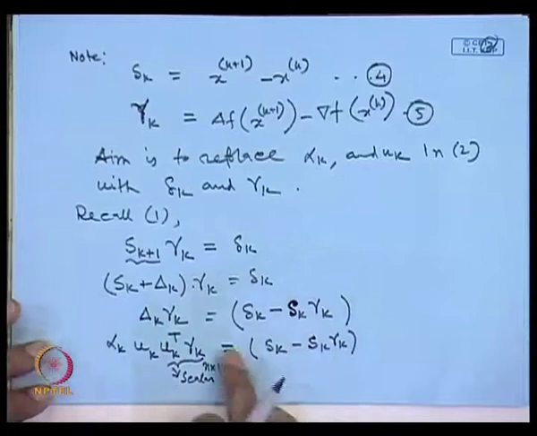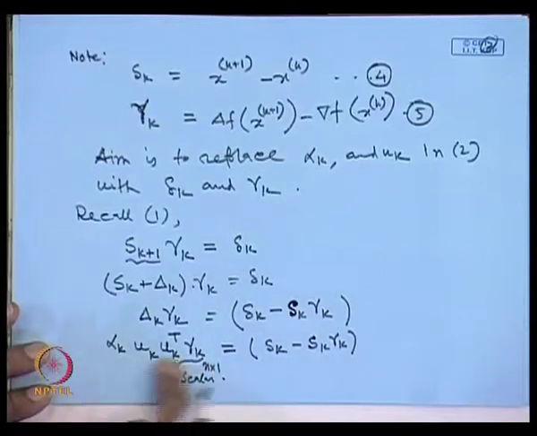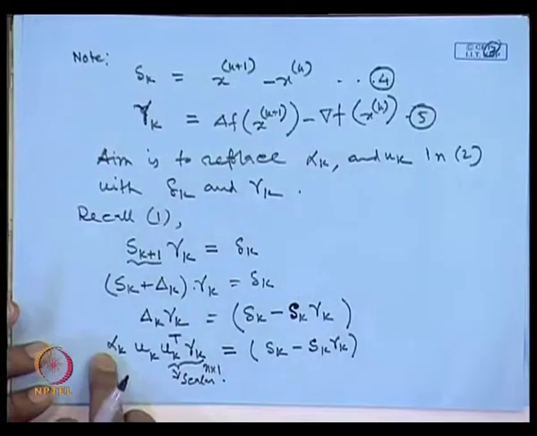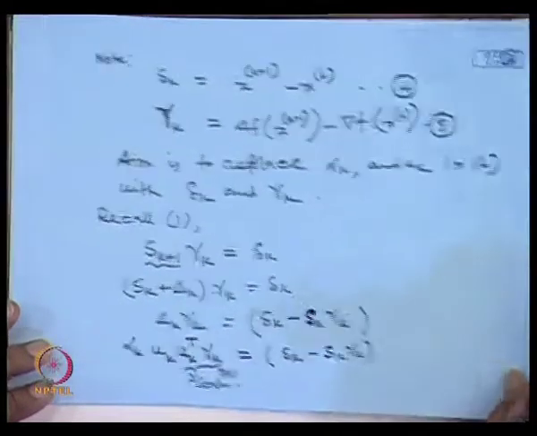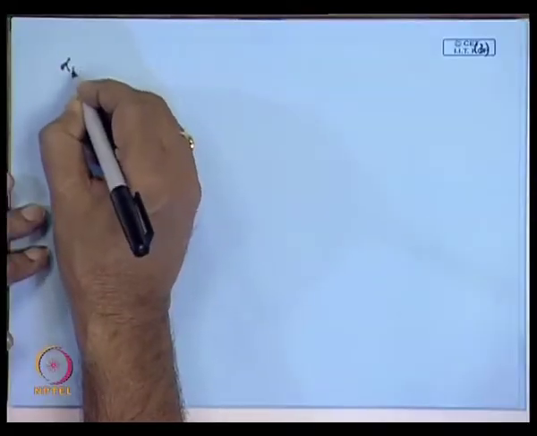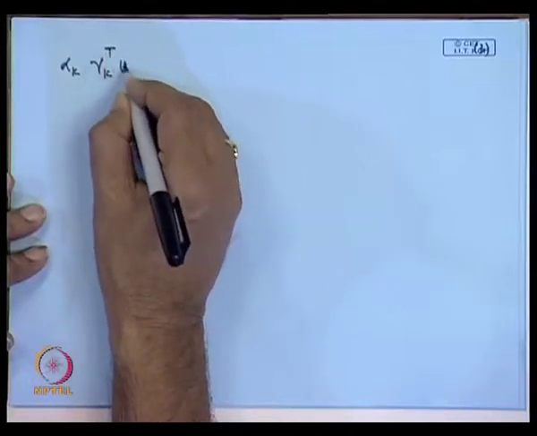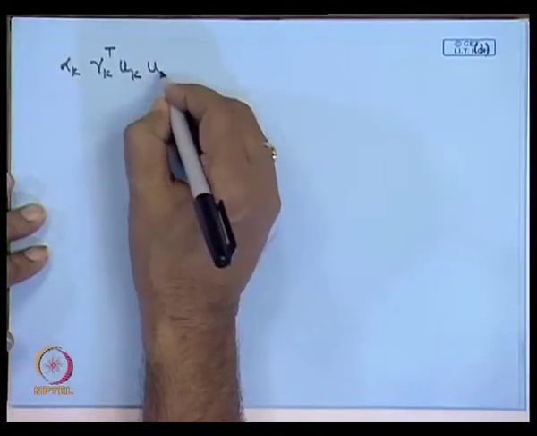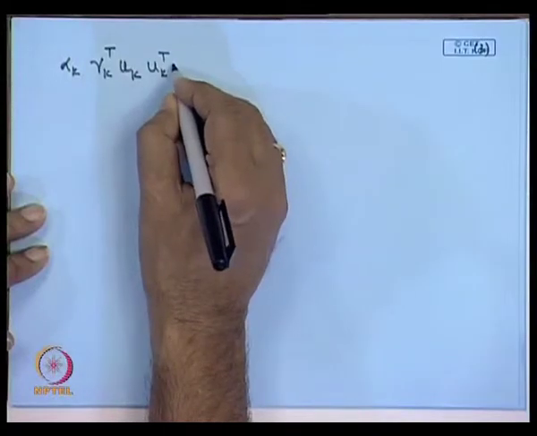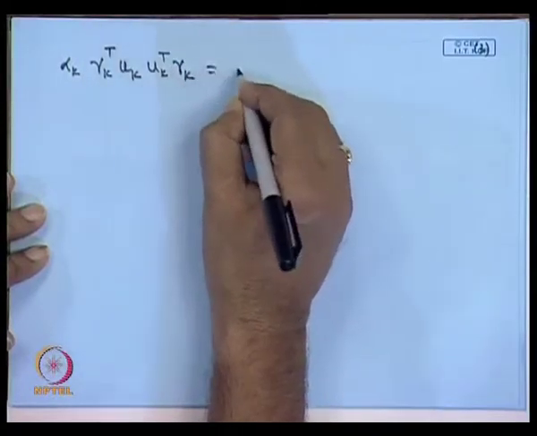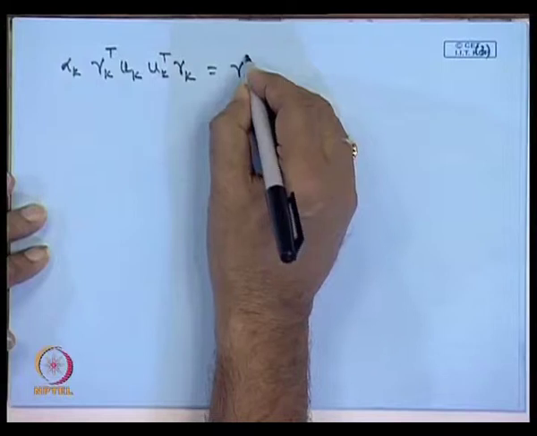Agree? Now, both sides I multiply by gamma k transpose, and alpha k is also a scalar. So on the left hand side, alpha k, then gamma k transpose u k, then u k transpose gamma k is equal to,